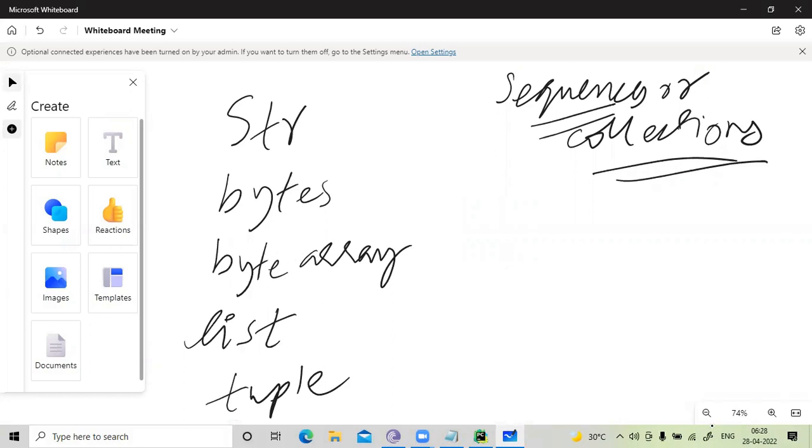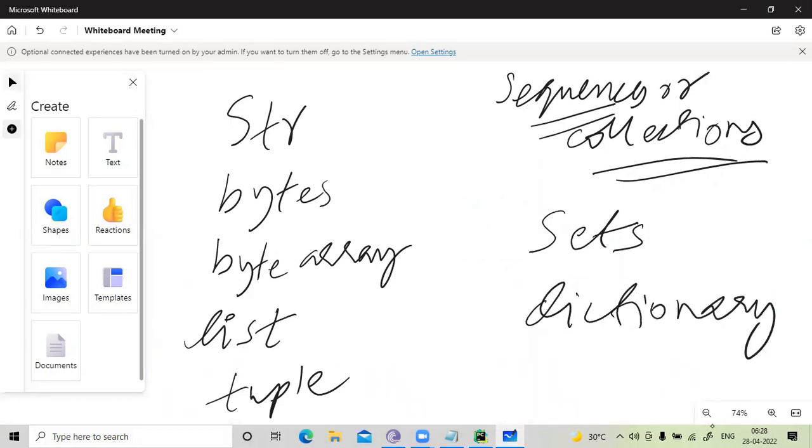Sets, dictionary. So all this, string, bytes, byte array, list, tuple, sets, and dictionary, fall under sequences or collections. What is a sequence or collection? It is a group of some elements. If I take bytes, what is bytes? It is a group of some positive numbers. What is byte array? It is also a group of some positive numbers. Difference between bytes and byte array: byte array can change the value. Byte array is mutable, bytes is immutable. Only that's the difference. Otherwise, all of them are stored